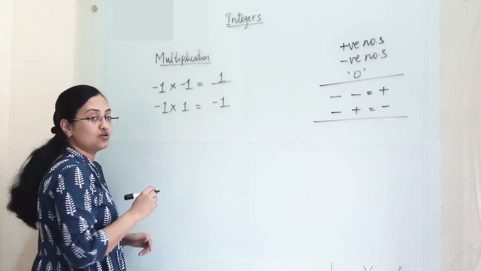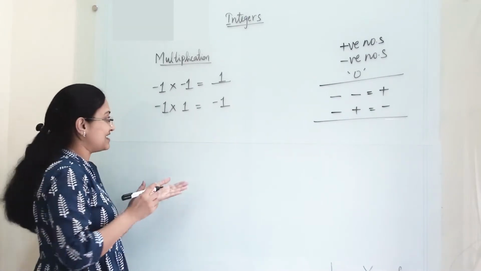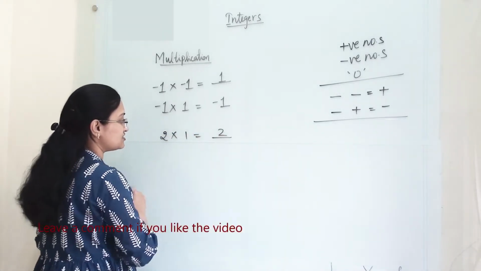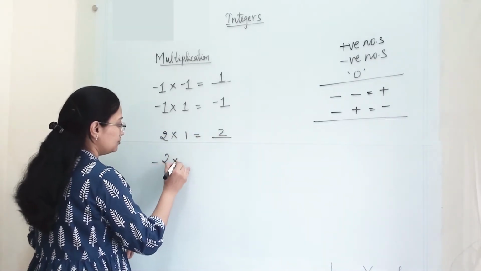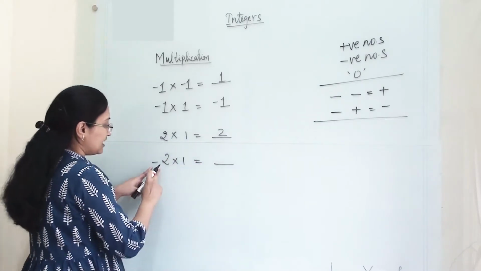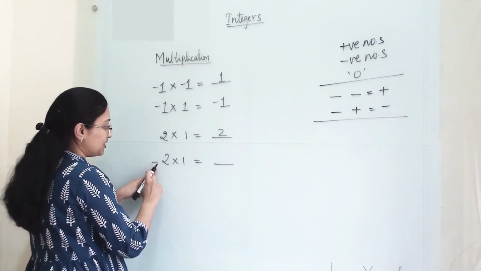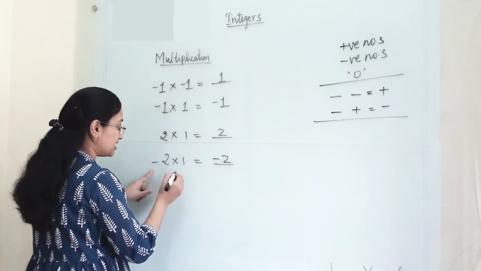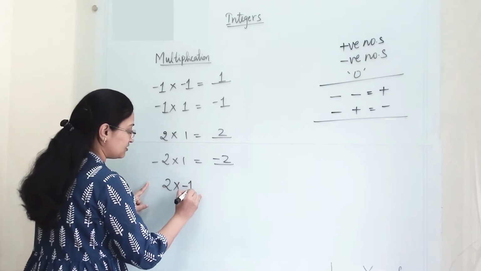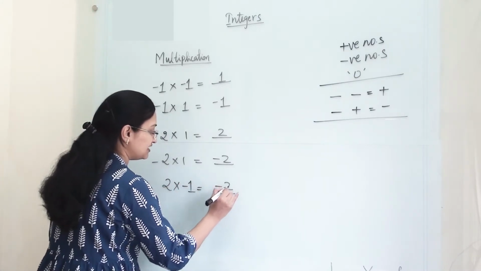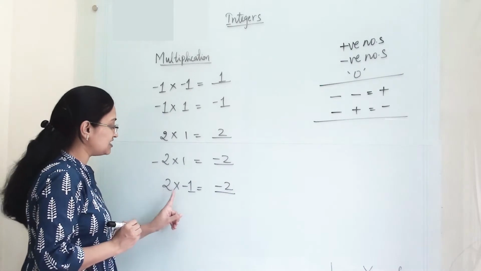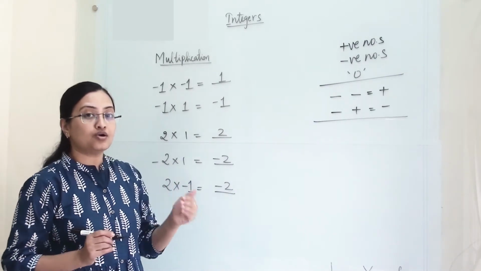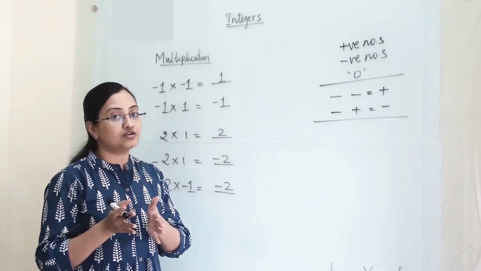Another one. Here we are not checking for bigger number and smaller number. So if 2 multiplying with 1, answer is 2. Now if 2 is carrying minus, then because this is minus plus, we are getting here minus 2. But if 2 multiplying with minus 1, then also we will get minus 2, because minus plus will become minus. In multiplication, we are not going to check bigger number or smaller number.